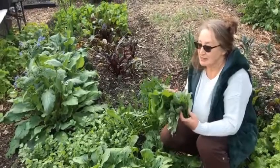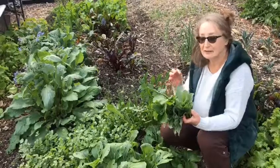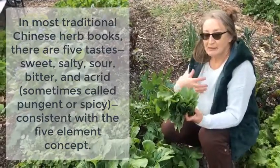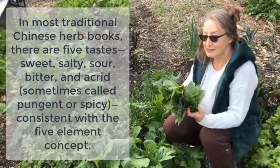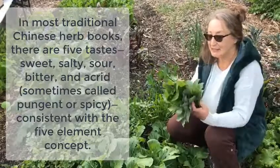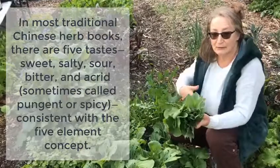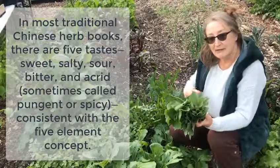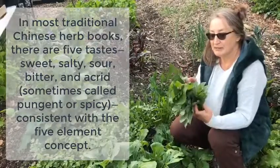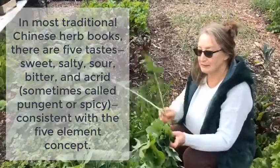Bitter taste is one of the important tastes in Chinese medicine, for example, that our bodies need, and we don't have enough of it in our diet, in our Western diet. You know, they make bitters especially to stimulate liver and to stimulate digestion. So we will just add the bitter here into our green combo here,